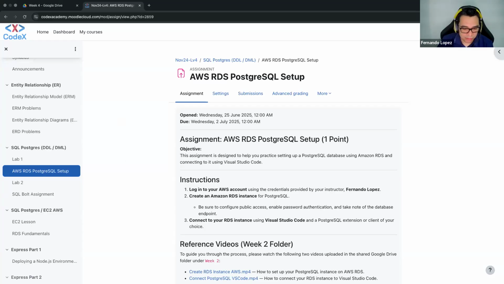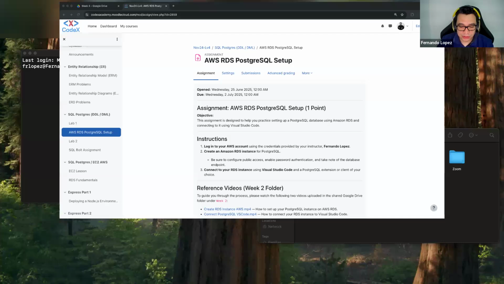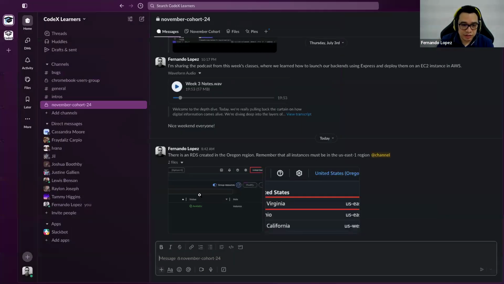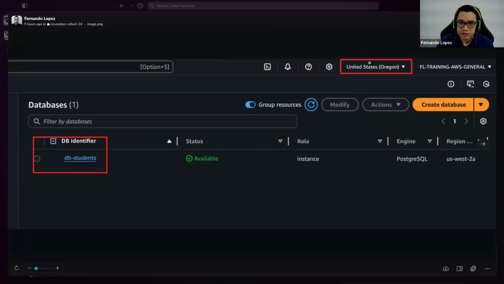Let me show the message to you. Give me a sec. It's here. If you haven't read it, please, the owner of this database, try to recreate this database because it's in a different region. Remember that we need our databases in the region US East -1.